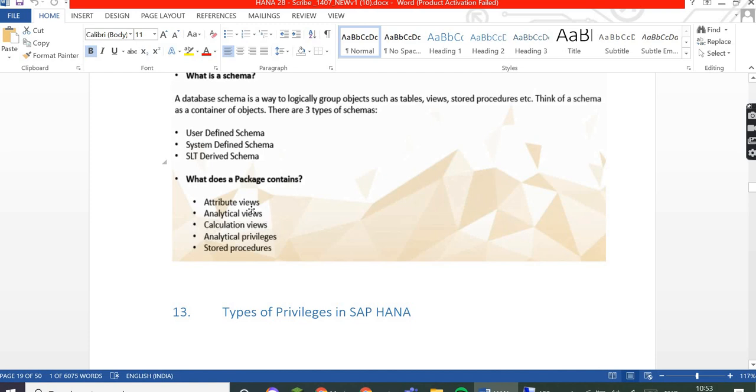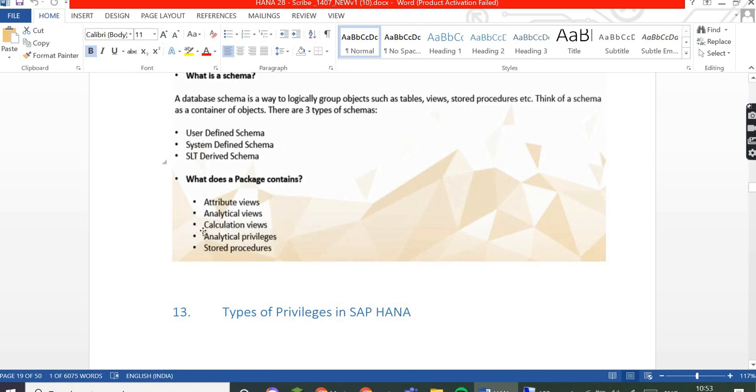Okay, so understood the views. Now we'll see the different views. Attribute view is a normal simple view, just a join. Analytical view is used especially for having some basic calculations, where some mathematical expressions can be utilized, but not all. The calculation view is the one to use if you want to do complex calculations, intersection, union.